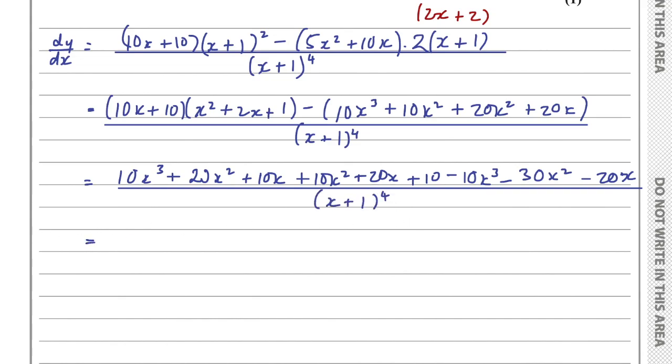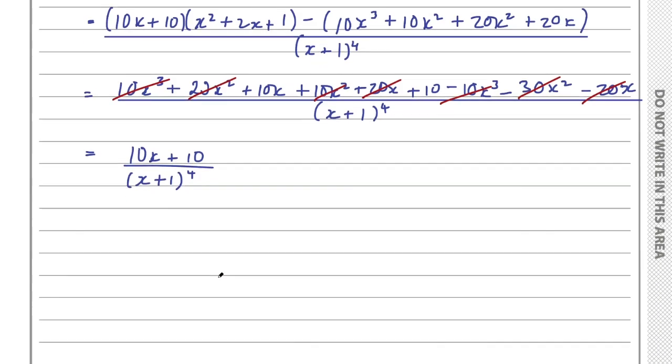And let's see what cancels here. So 10x cubed would cancel with negative 10x cubed. 20x squared plus 10x squared is positive 30x squared, and we've got a negative 30x squared, so they would all cancel out. And I have a positive 20x here and a negative 20x there. So all I'm left with in the numerator then is 10x plus 10